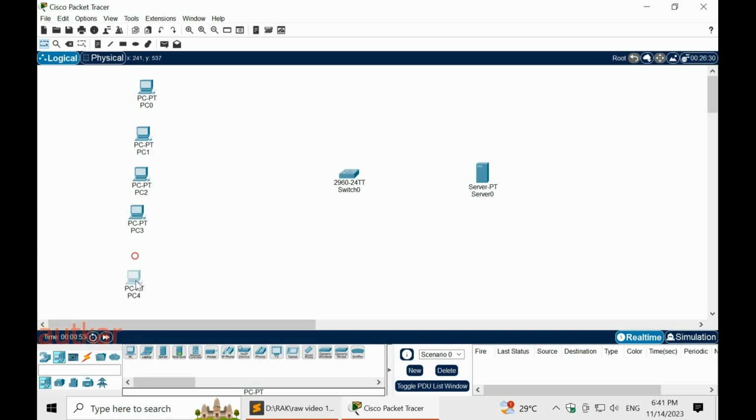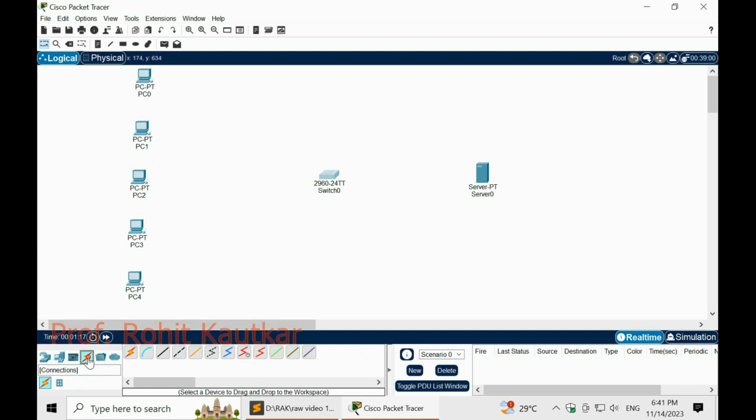Here we are going to use 5 hosts within our network. Our aim will be to get IP addresses dynamically on all these 5 hosts. So these are the components we require in this network scenario.